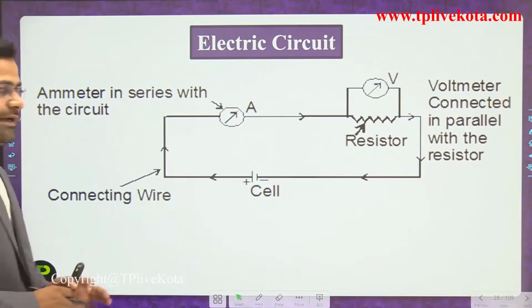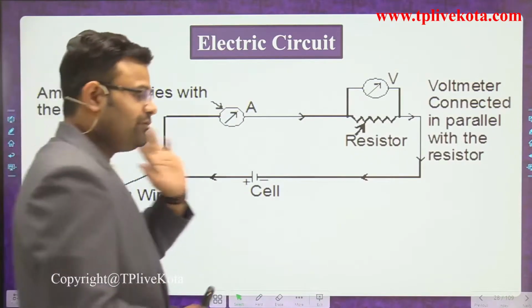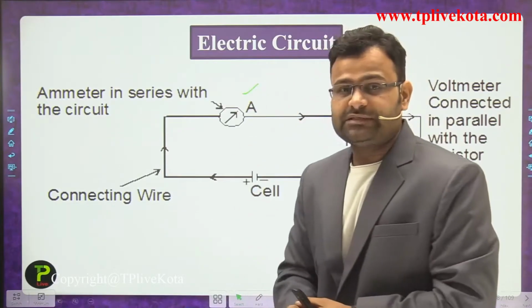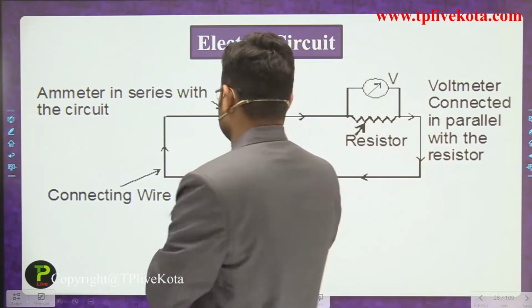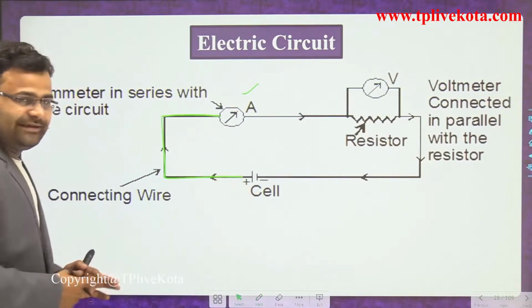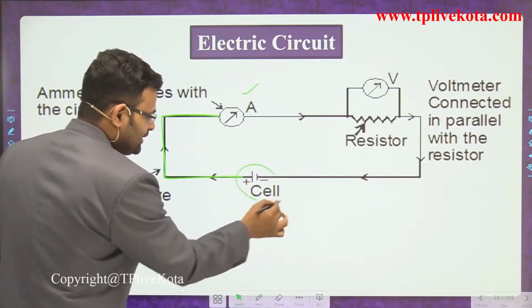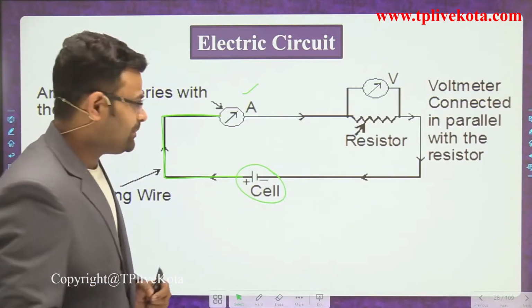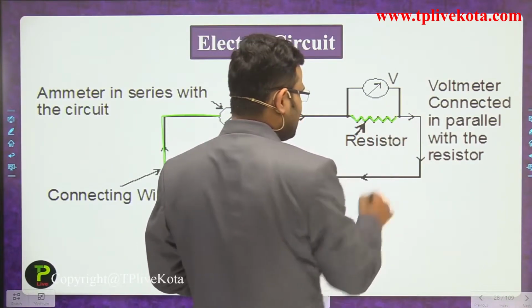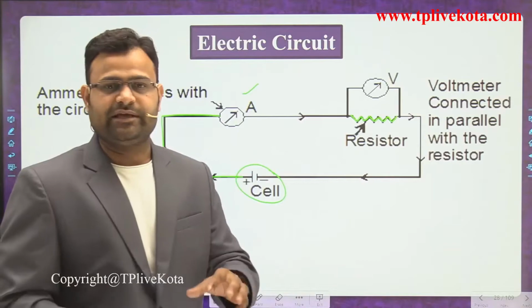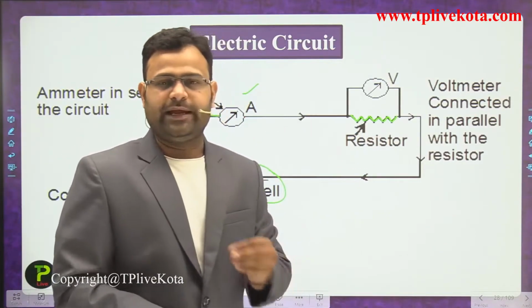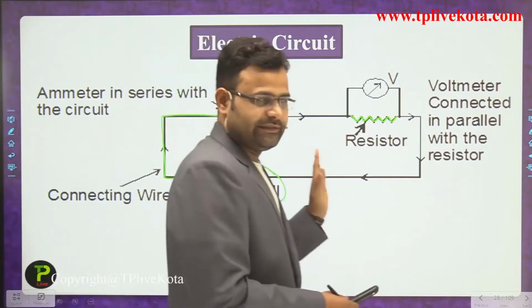In that circuit, guys, all the required equipment is used. First one is an ammeter, which is used to measure the current, and it is always connected in series. One more thing, that is a cell, which gives the power supply. That is a resistor, meaning if you are using any appliances, and every appliance has a different resistance, so you can use a bulb, tube light, fan, etc. You can use anything here.